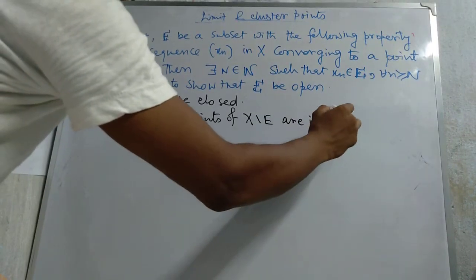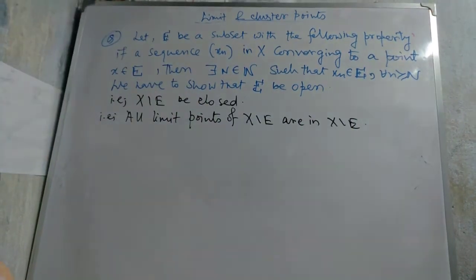E being open means that X difference E is closed. X difference E being closed means all limit points of X difference E are in X difference E. Okay,